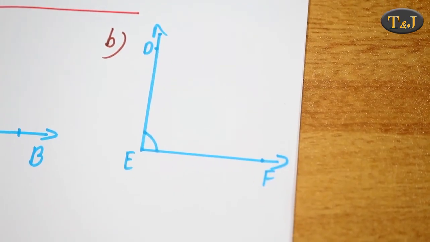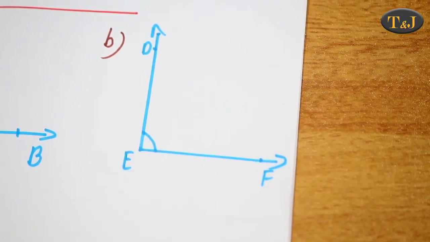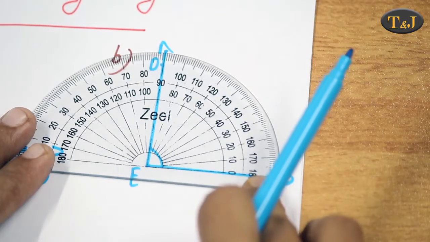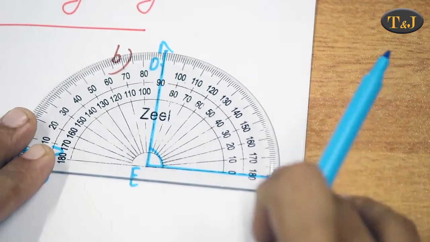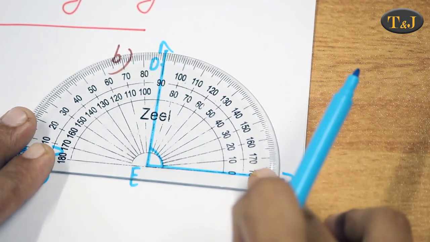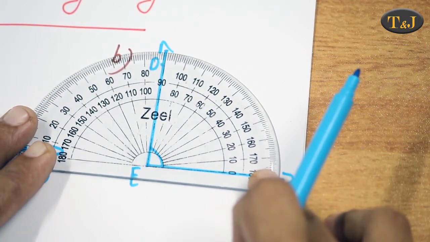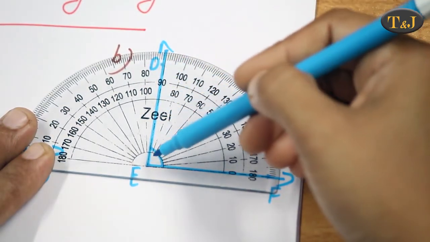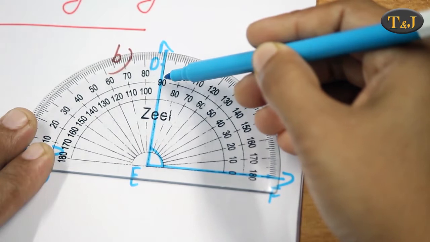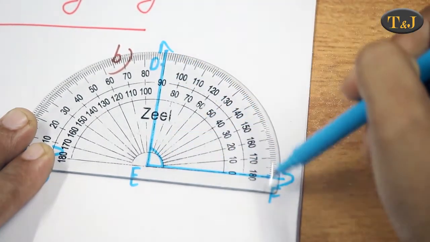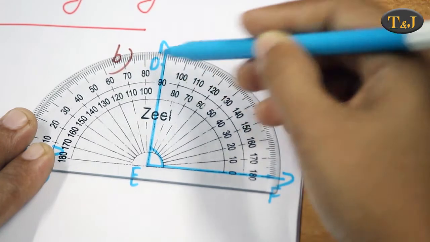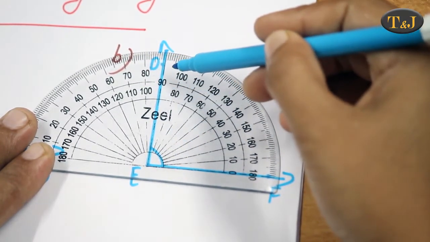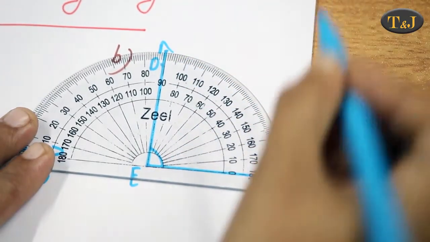Then our second example, consider the angle DEF. Our first ray is EF and our second ray is ED. You should place the protractor on the ray EF. So, the center of the baseline is placed on the ray EF. The value of ray ED equals 90 degree. In the inner and outer scale, there is only 90, that is the middle value. So, our angle DEF equals 90 degree.